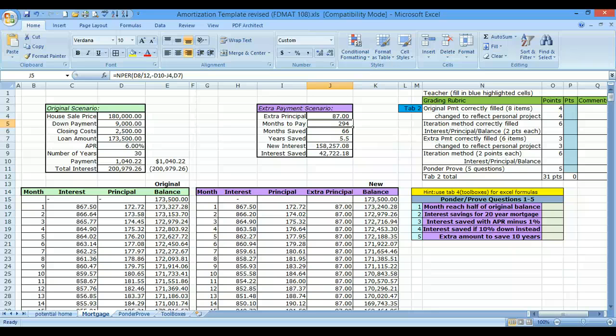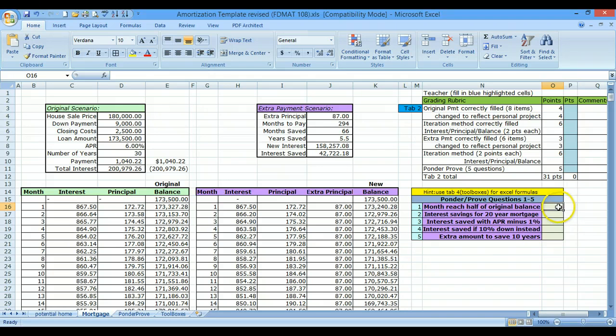Welcome to part 2 of the amortization tutorial, and we're going to be going over the ponder-proof questions 1 through 5. There's lots of different ways to calculate these, but I'm going to show probably the most concise way. You'll notice if you watched the first tutorial, I've changed my numbers back to the original, and as you're filling this out, again, you can use my template and these numbers to make sure that you've typed everything in absolutely perfectly,